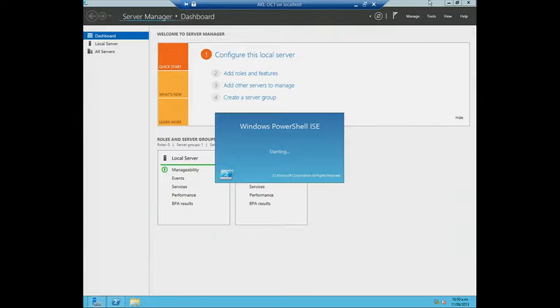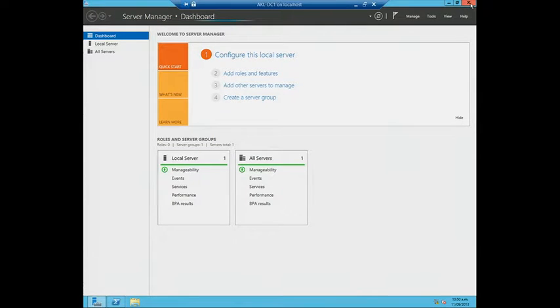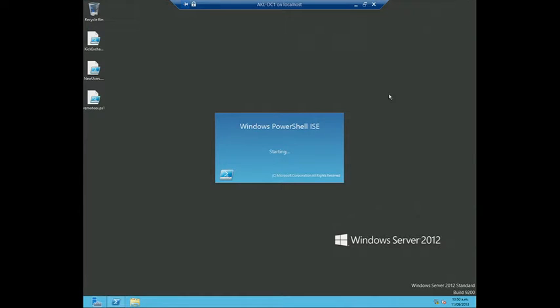Yeah, no. Don't really need the server manager. All right, it'll come up here eventually. I'm guessing it's the Exchange server with 8 gig of RAM running in the background, making my poor little laptop go, no, stop it.